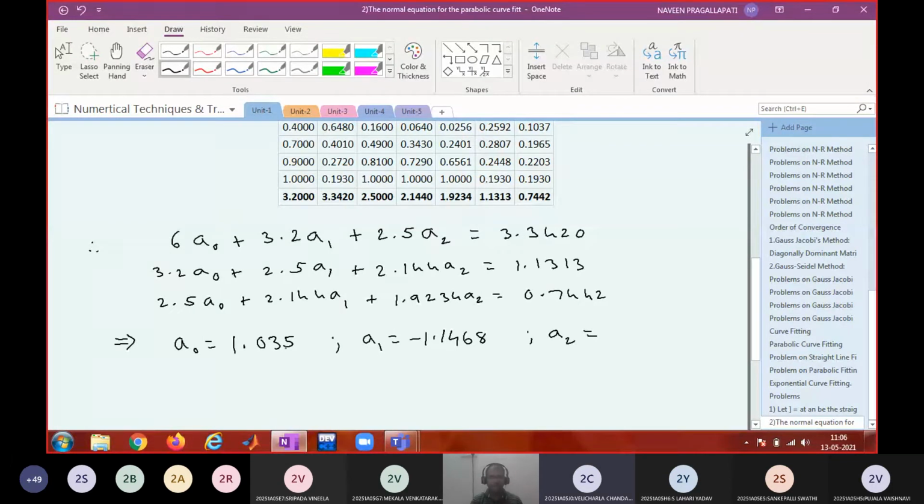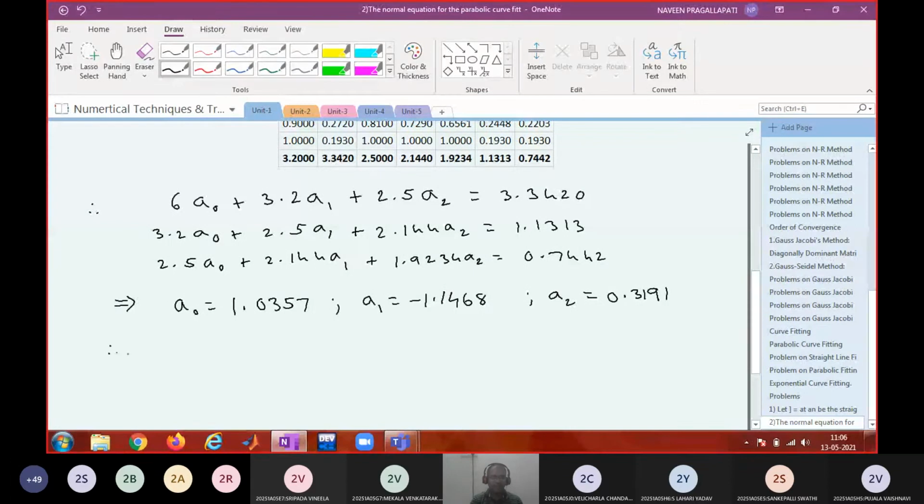A2 is 0.3191. Yes. Okay, so A0 is 1.0357, A1 is minus 1.1468, A2 is